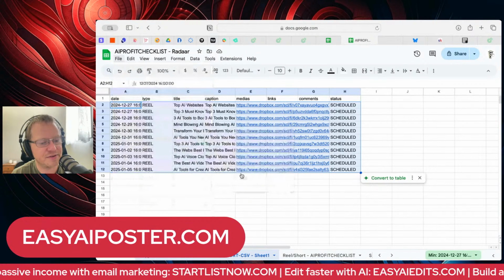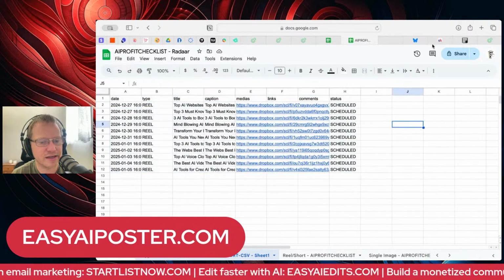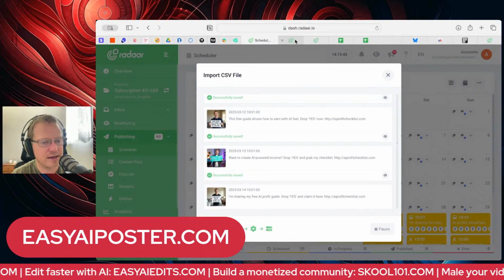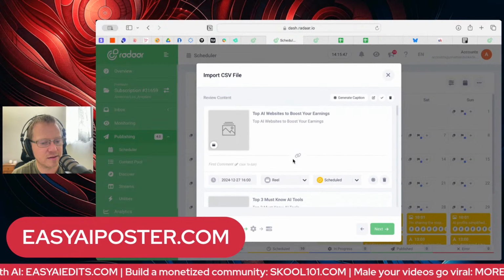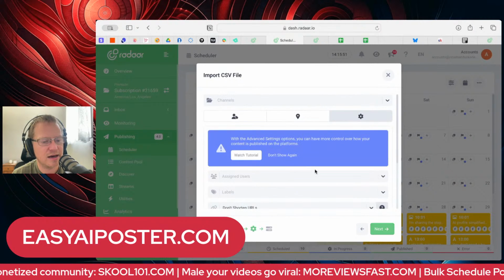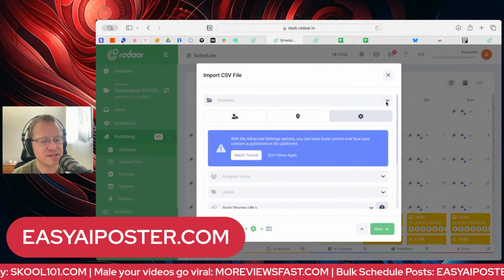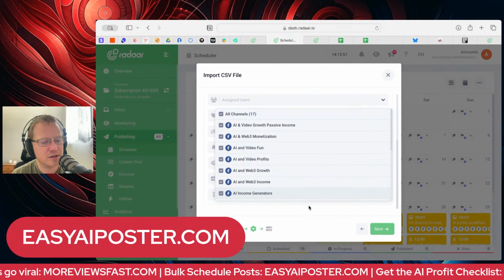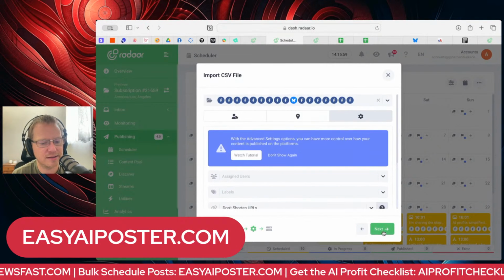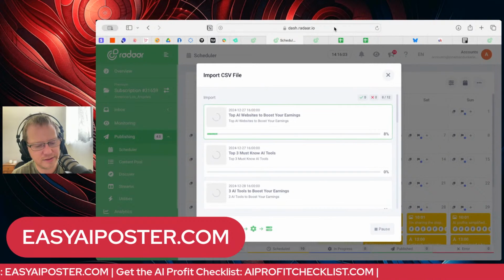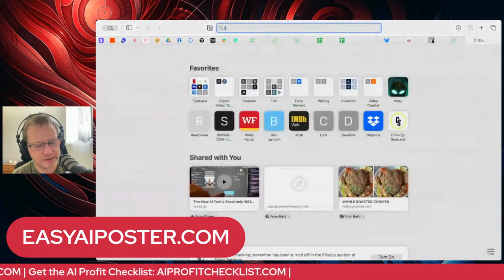Now I'll just get the CSV file. That's saved again. Let's check in. Maybe it's working this time. They all get loaded. All right, let's just see if it works. And if not, I can just use that new CSV file. It was some weird error that was showing up. I think it was something I did. User error. And now that's going. So now let's open up another Radaar so you can keep on seeing how things are uploading.